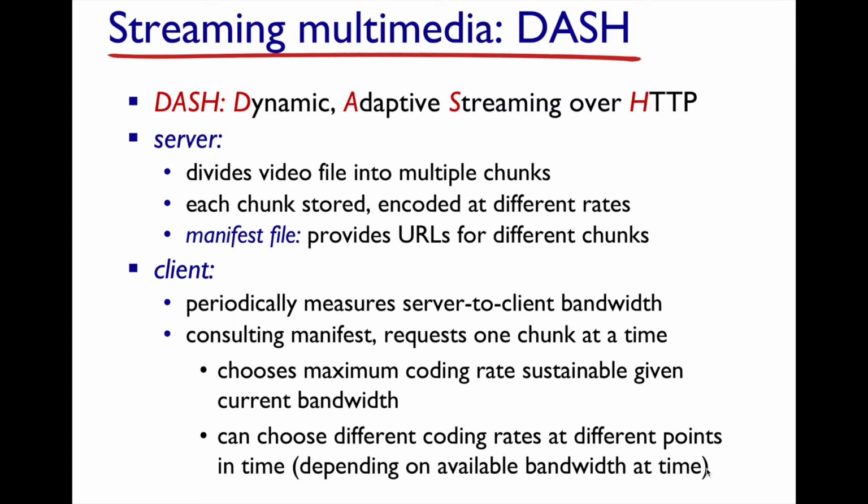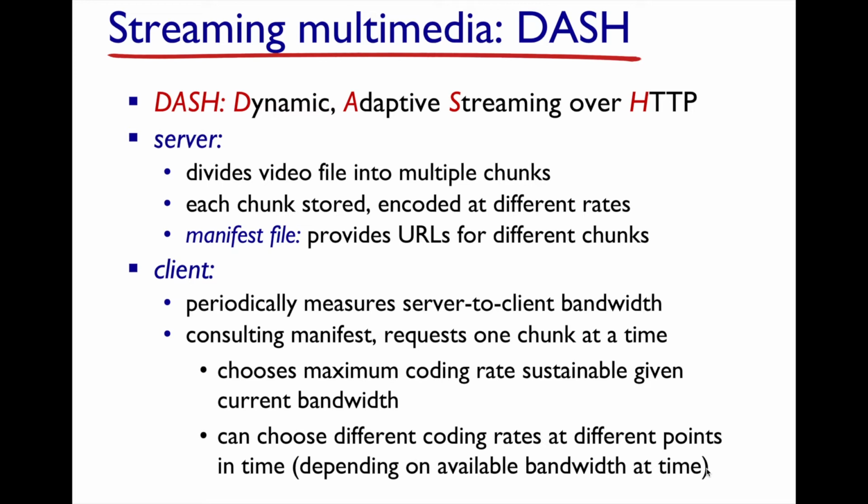And so there's also something called a manifest file, and this manifest file provides URLs that will give the client information to point to each chunk of the video, as well as each resolution version of these chunks of the video. So the manifest file provides URLs for different chunks, and then the client, as it's fetching these blocks of video from the origin server, well, it knows when it initiated the GET request, and then it knows when it's getting this data and when this chunk is completely downloaded.